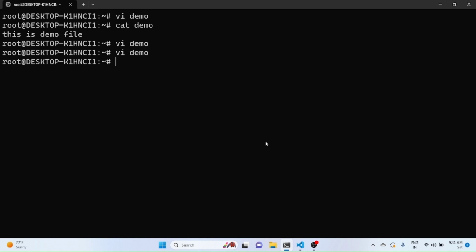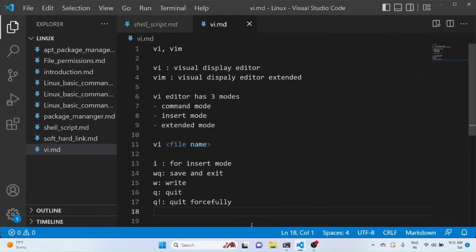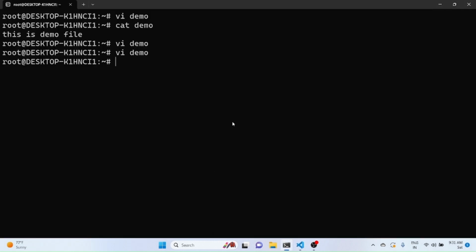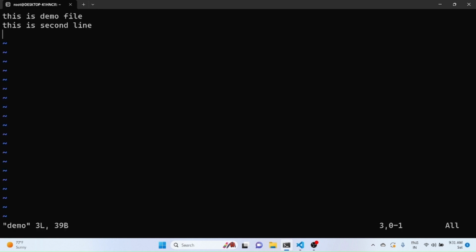Okay, WQ exclamation mark means save and exit forcefully. Okay, vi demo. Now